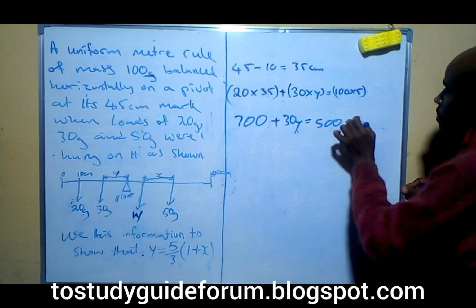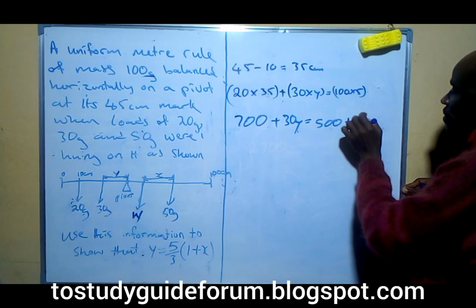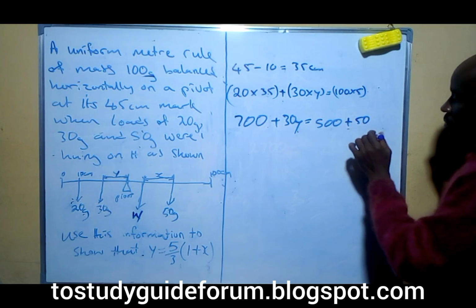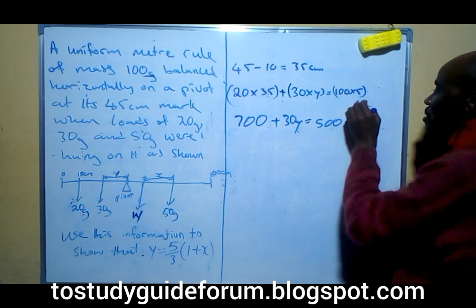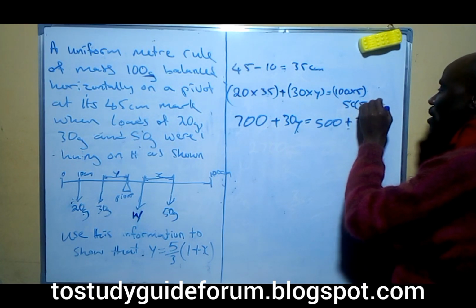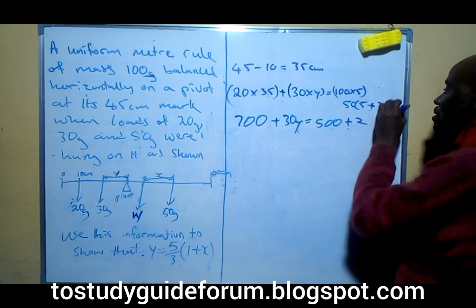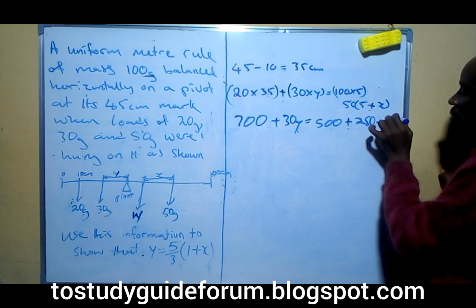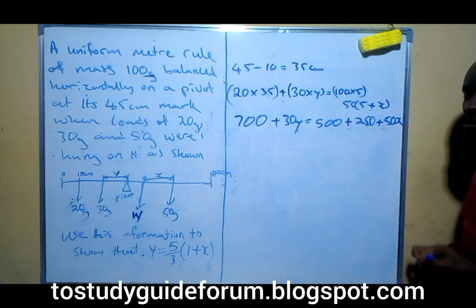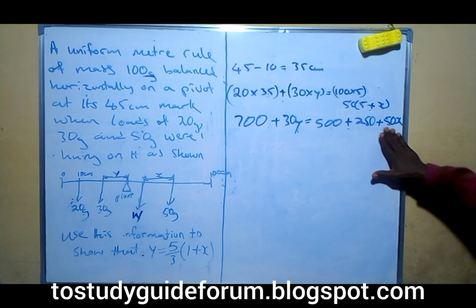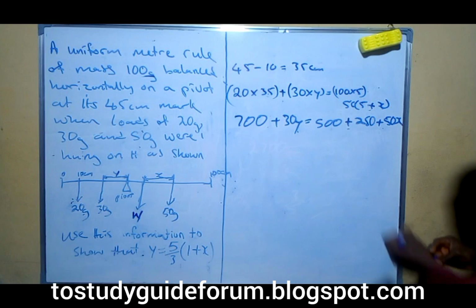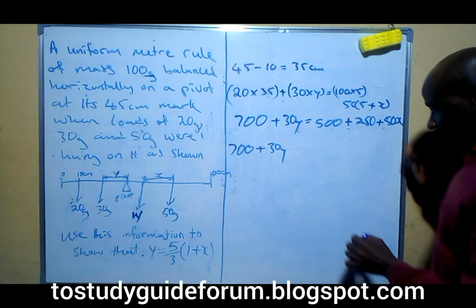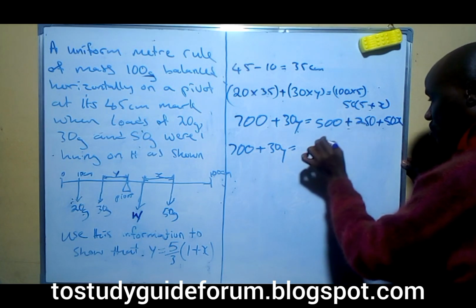Plus 50 times 5, which will give us 250. Initially we have 5 plus x, so this will give us 250 plus 50x. And then we can add up. If we add up this, we have 700 plus 30y equal to,